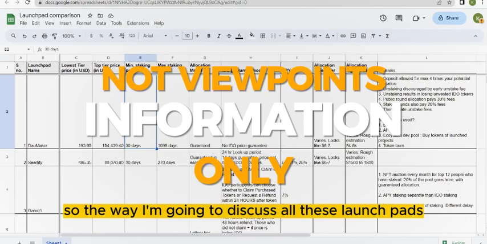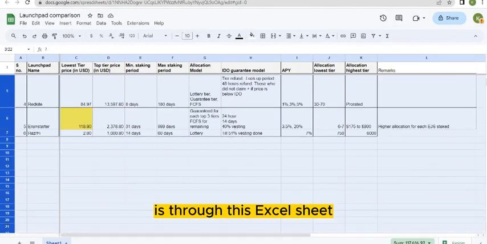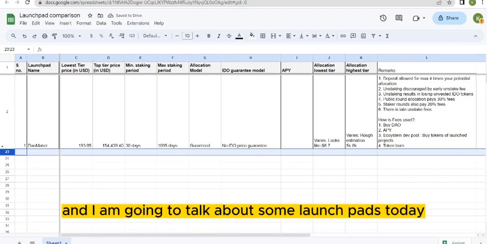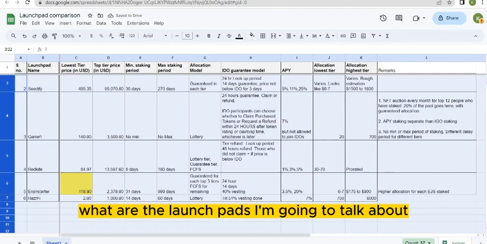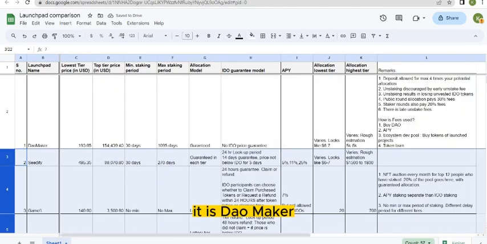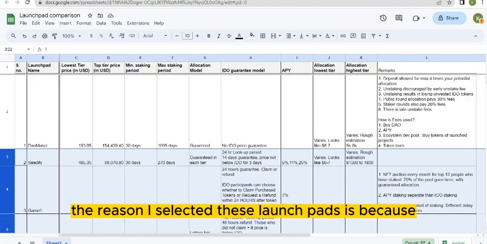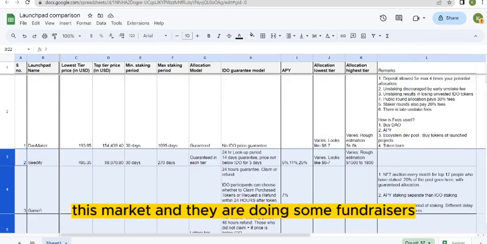So the way I'm going to discuss all these launchpads is through this Excel sheet. I have made this Excel sheet and I am going to talk about some launchpads today. Okay, let me just quickly say what are the launchpads I'm going to talk about. It is Dao Maker, Seedify, GameFi, Redkite, Enjinstarter, and RazrFi. There is no much specific reason. The reason I selected these launchpads is because many of these launchpads are actually active during this market and they